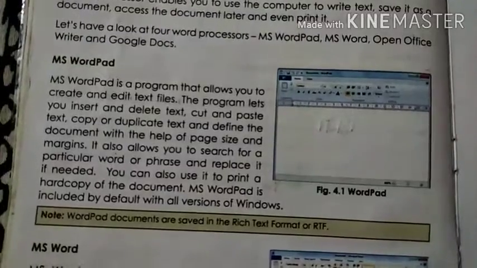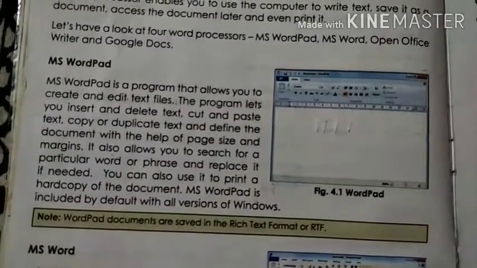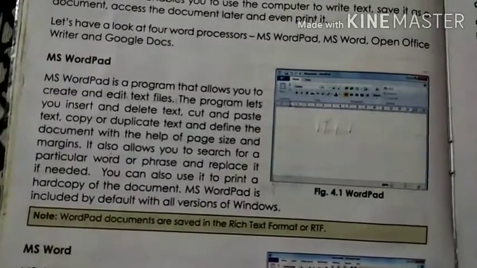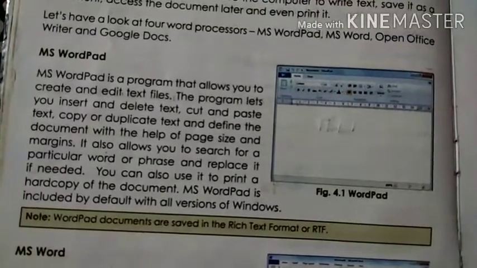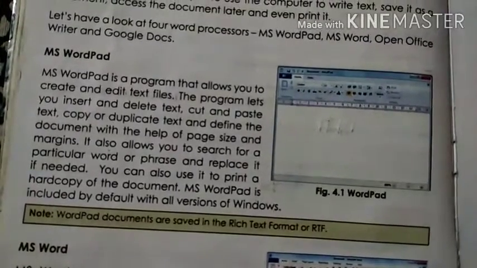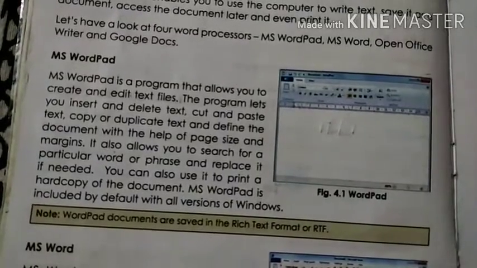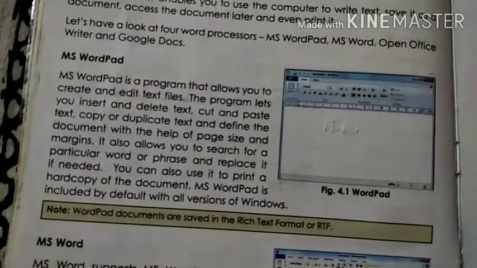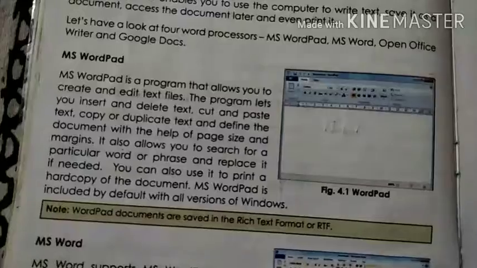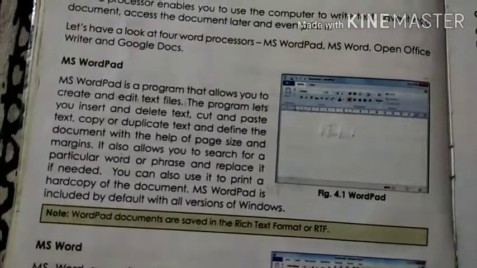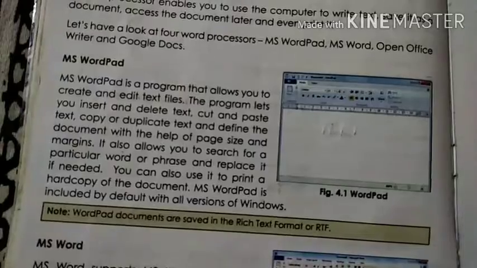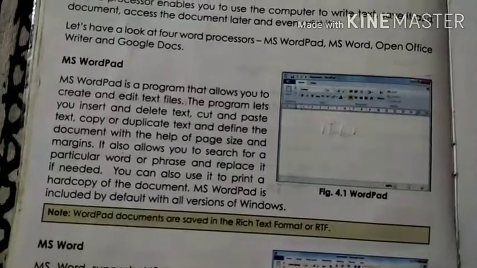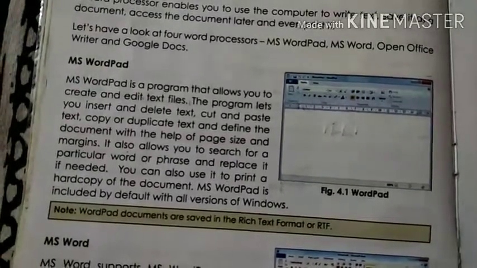With the help of these options, you can find any word in the document. If you are writing something related to computer, and you mistakenly wrote the spelling wrong, then with the help of the find and replace command, you can find that word wherever you have written the wrong spelling of computer. You can change that word to the correct spelling with the replace option. So this also helps you to correct your mistakes.